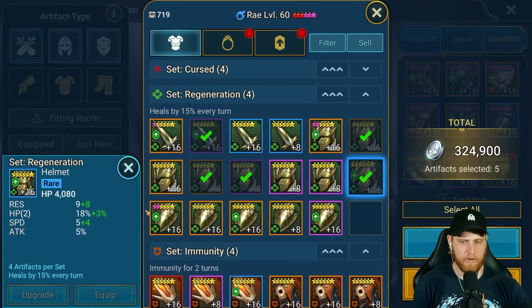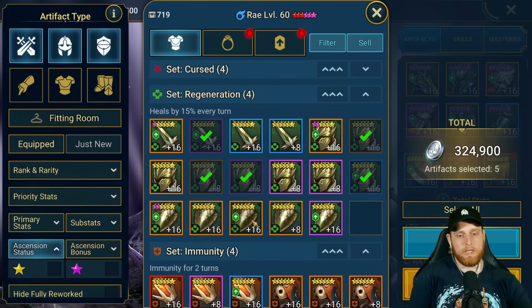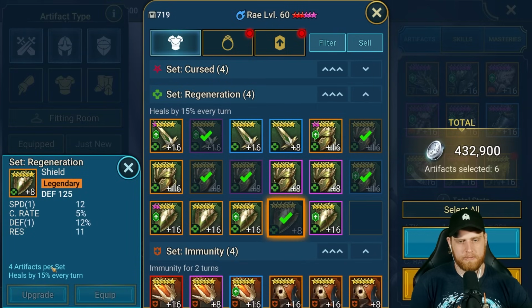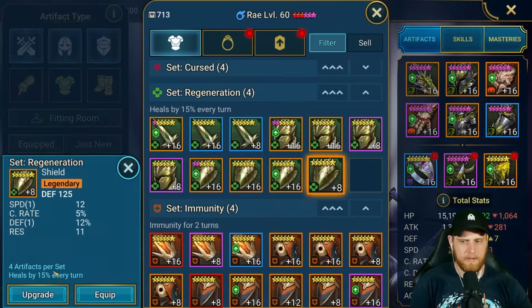HP, I've got some better pieces already. Crit rate, accuracy, HP, I'll keep that for now. Very spread, but spread with all the stats I need, honestly. So I'll keep it. Spread, pretty solid. I'll roll that up to see what I get. And then this piece is accuracy resistance. I'll probably just sell that, honestly,